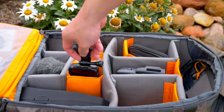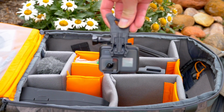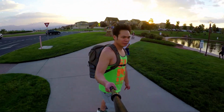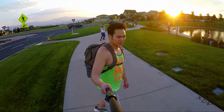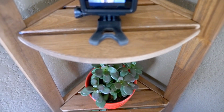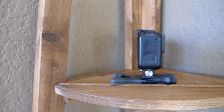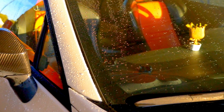Next to it, I have the GoPro Hero 5 Black. I use the Hero 5 Black to record time lapses and vlogs while driving in my BRZ or riding on my electric longboards. Attached to the Hero 5 Black is the GoPro bike mount for when I want to record POV, especially while riding my electric longboards. The great thing about this bike mount is that it is compatible with my other GoPro mounts that I have